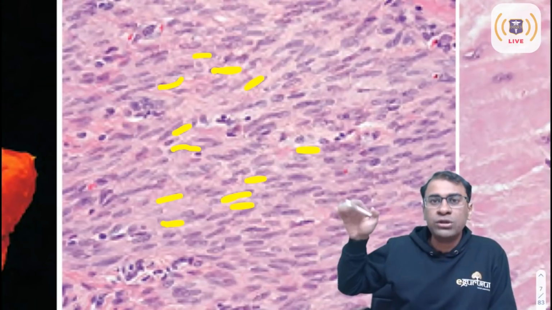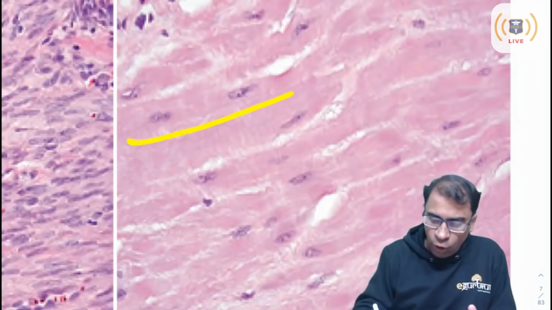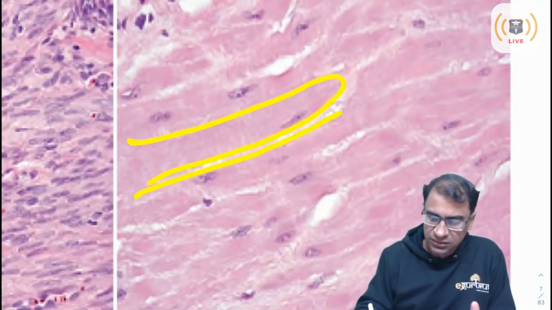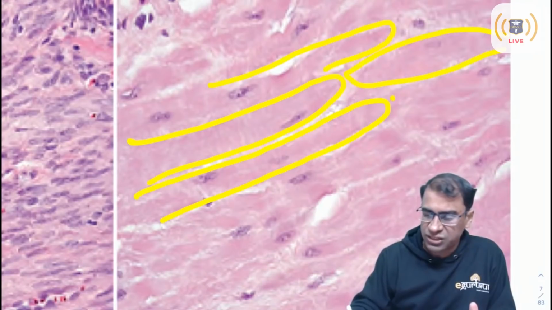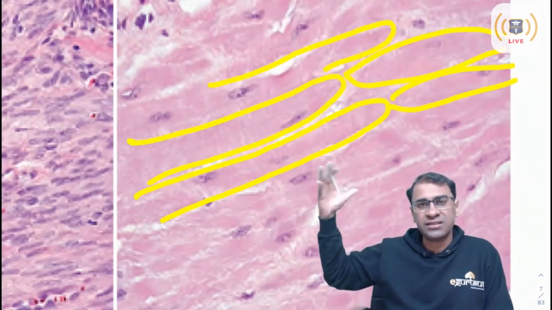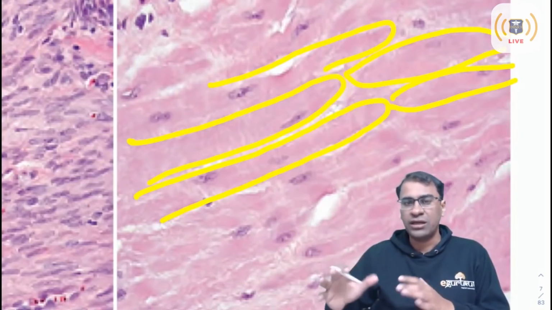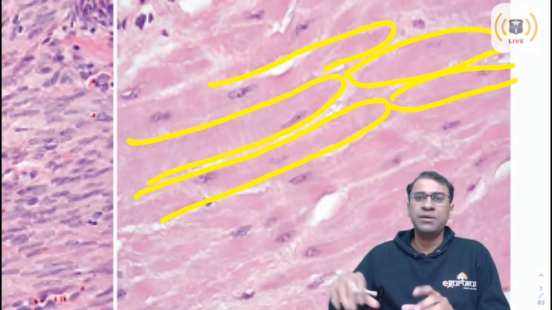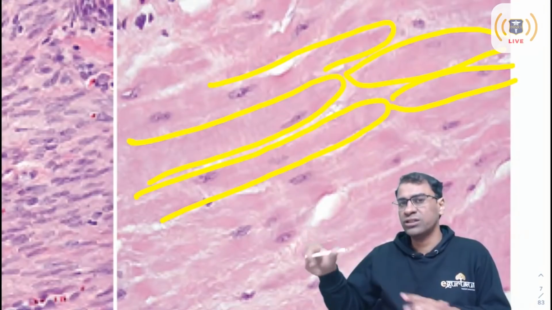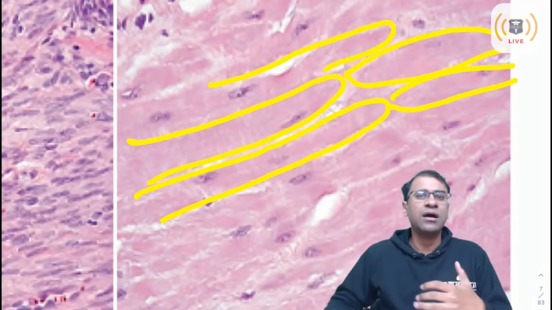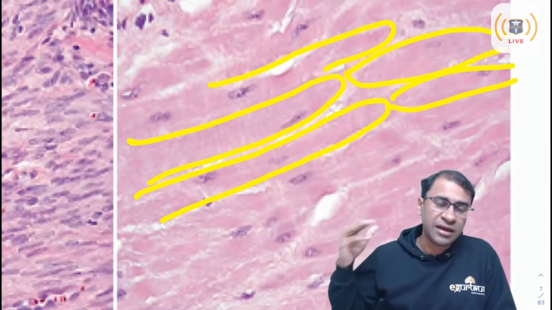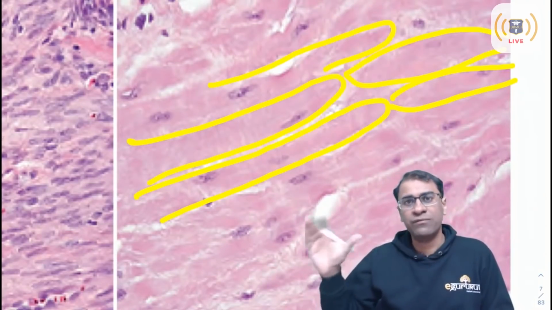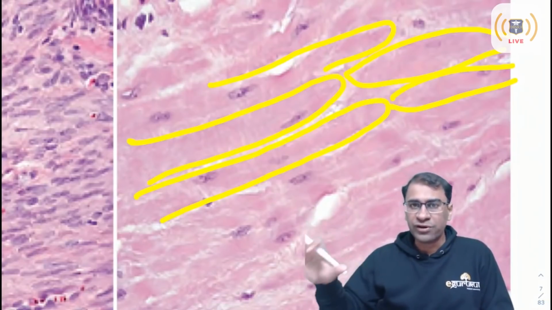Compare this image to the biopsy taken from the pregnant uterus. What is happening here? Look at the enormously increased muscle size. They are spindle shaped, no doubt about it, but look at the enlarged size. Now, if you look at them carefully, even the number of these cells will be increased. Even though this is showing hypertrophy, when you see this in a more illustrative manner, you'll appreciate that this also has an increase in the number of the cells, and therefore